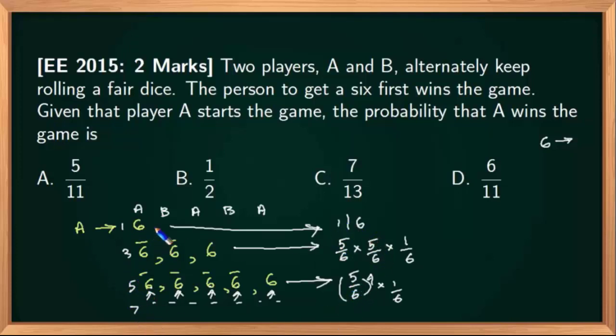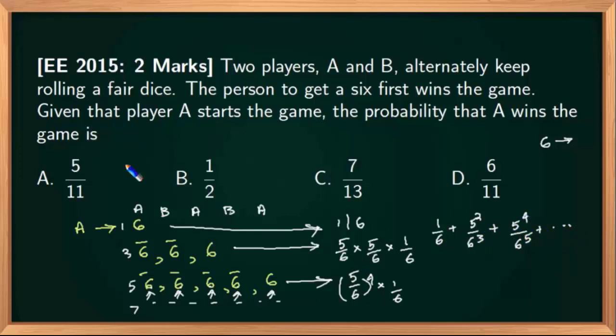Now the probability that A will win is either in 1 step A can win, or in 3 steps A can win, or in 5 steps with these probabilities. Since I have said or, I have to add these things. So what it means is that I have to add 1 by 6 with 5 square by 6 cube, right? This is 5 square divided by 6 cube plus 5 raised to 4 divided by 6 raised to 5 plus